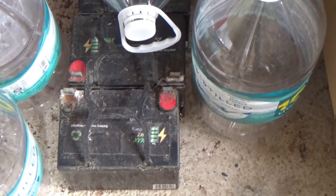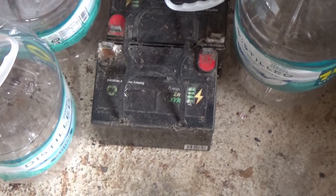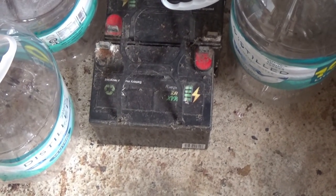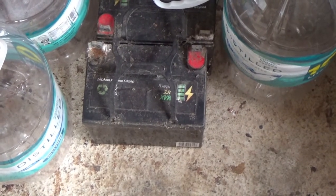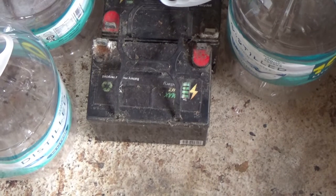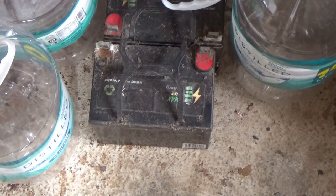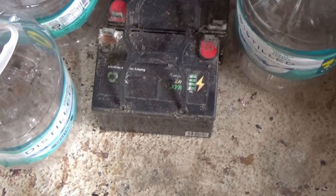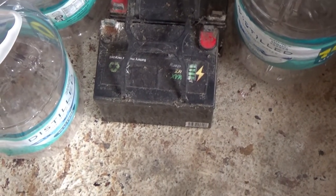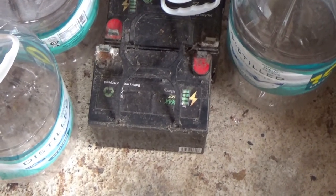And I bought another battery. My wife and I bought it, and with shipping it cost about 4,500 pesos, and that's about 90 U.S. dollars